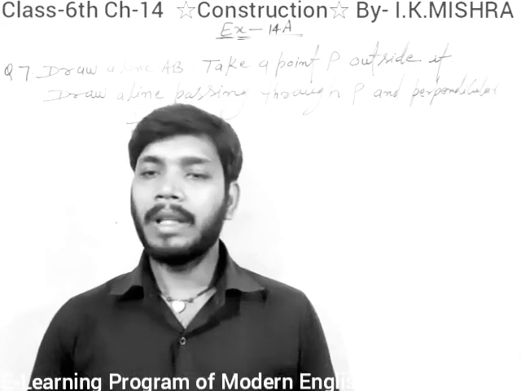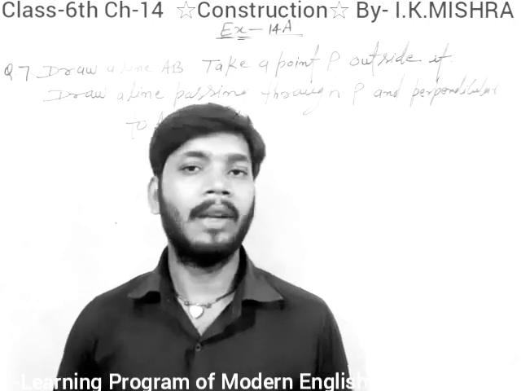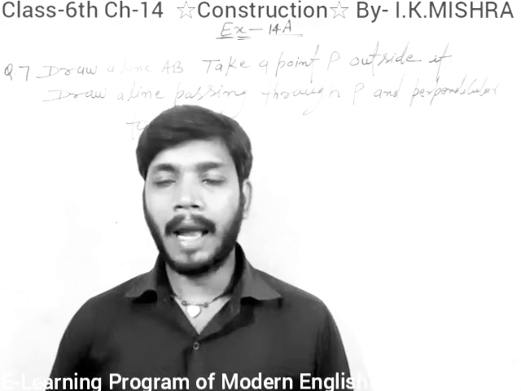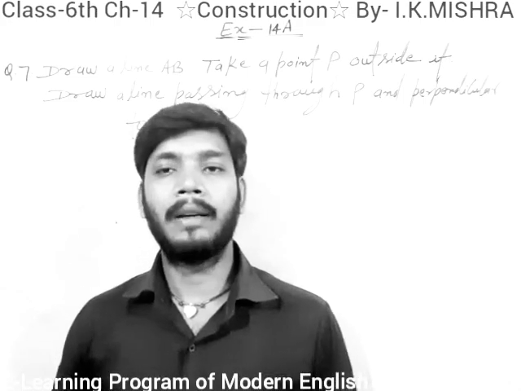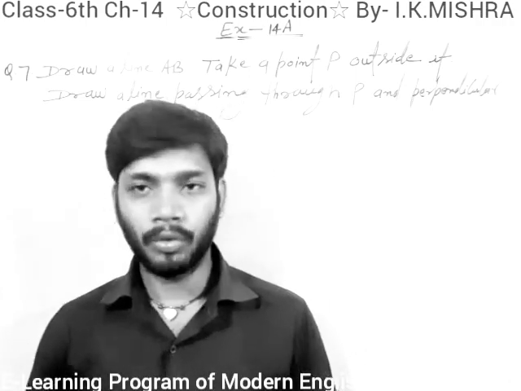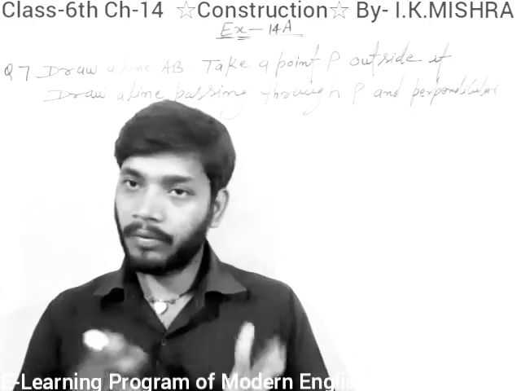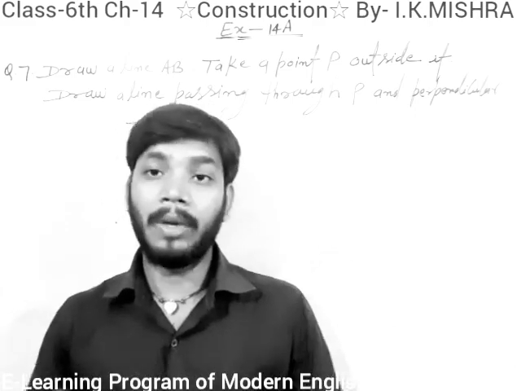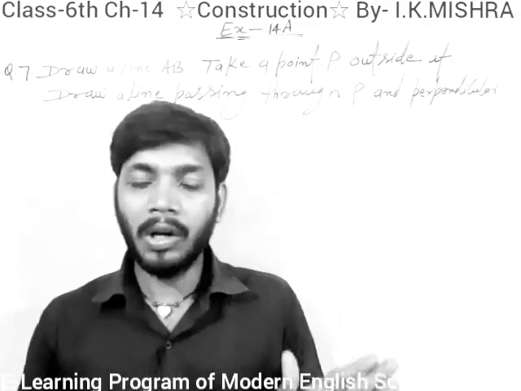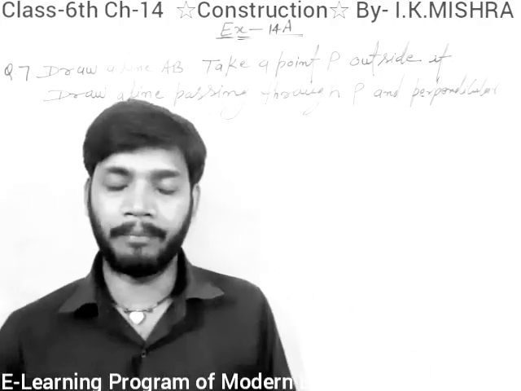Students, in the previous video, I discussed questions of exercise 14A of the Arsenal book, from question 1 to 6. Today I proceed with the problems and I am going to solve question number 7 to all questions of the whole of exercise 14A. So students, carefully watch this video and understand each term. In this video, one main thing will be discussed: how will you draw a parallel line to a given line?